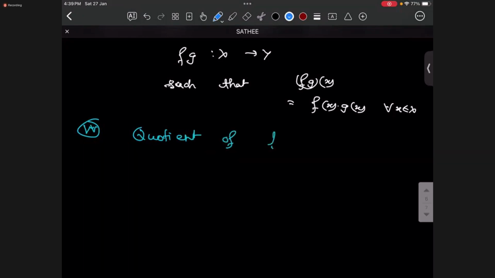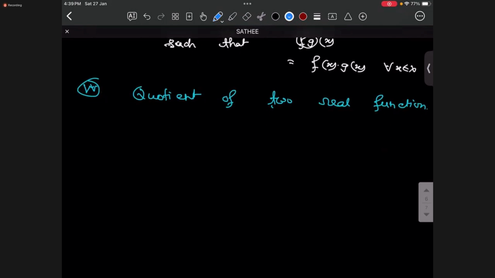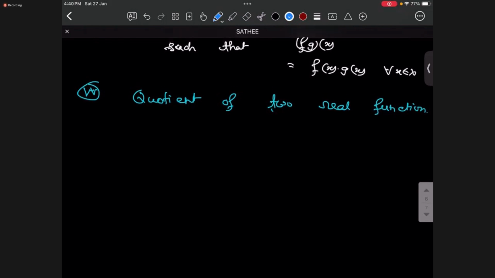Quotient of two real functions. So in this case, let f and g from X to Y be two functions, and in this case we need another extra condition that g of small x is not equal to 0 for all small x belongs to capital X. Okay, then